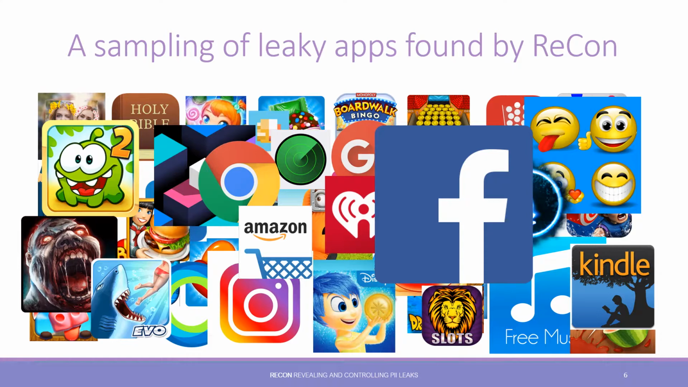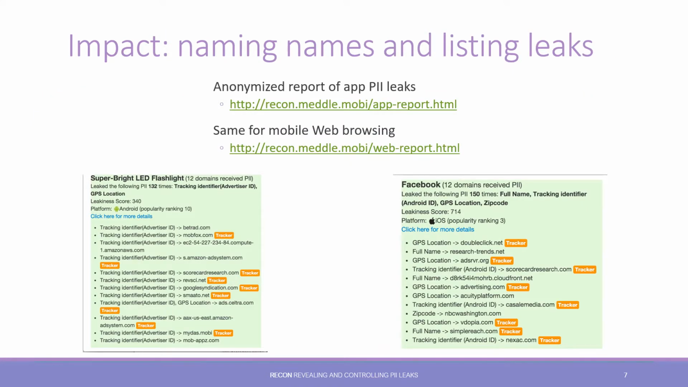This kind of information can range from, for example, very specific information about locations and unique tracking IDs, to other information, including your name and your address. So to make this information available in general, not just to individual users of our system, but to the public at large, we've created anonymized reports of what apps are leaking, and you can find it at the links